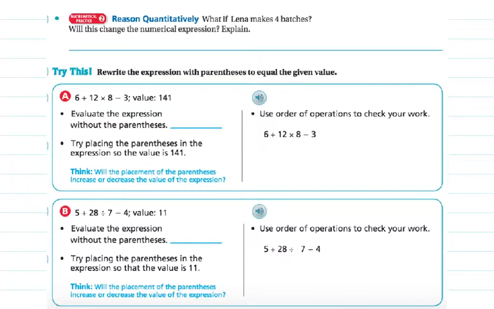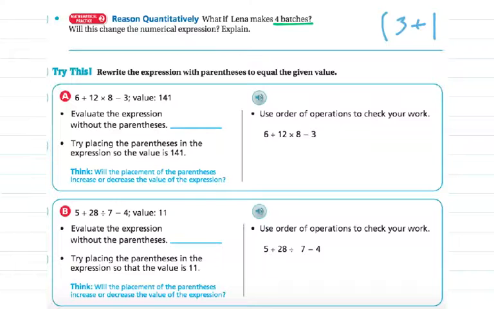Next, it says we are going to be reasoning quantitatively in this problem. What if Lena makes 4 batches? Will this change the numerical expression? So we know, boys and girls, in our first numerical expression, we needed to figure out 1 batch to figure out 5 batches. So what we're going to do is use that same